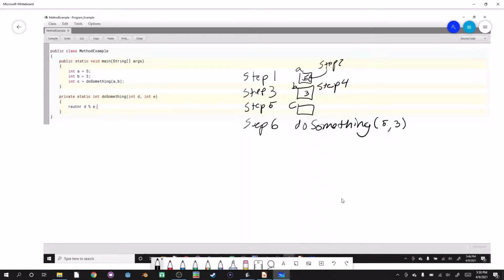And then step 7 is put 5 and 3 inside of d and e. Well, I guess step 7 is to create d and e, sorry. And then step 8 would be to put 5 and 3 inside of those variables. I mean, I'm really going step by damn step. And then step 9 is to return